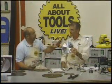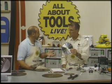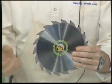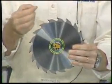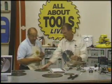cut. So would necessarily a larger gullet denote a more coarse cut? A rougher cut, faster cut. Okay. A smaller gullet would be a much finer, cleaner, slower cut. Okay. But typically the presence of more and smaller gullets means you've got a blade with more